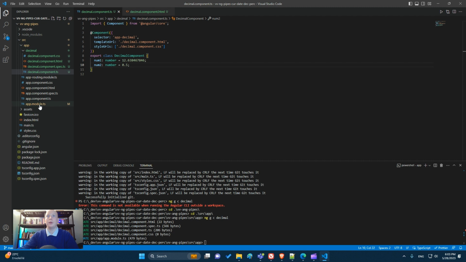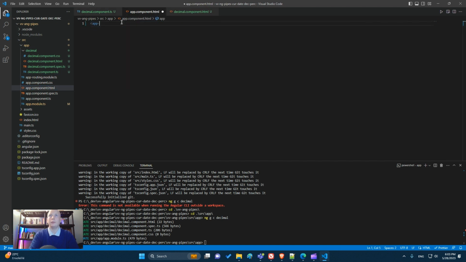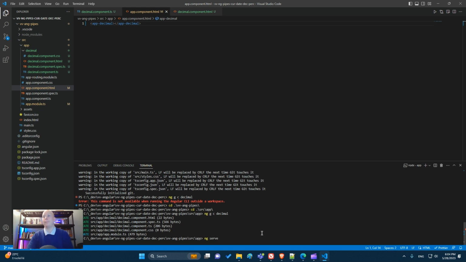Now I will use the component in the main application template. Save. Let's start the application with the command line ng serve.